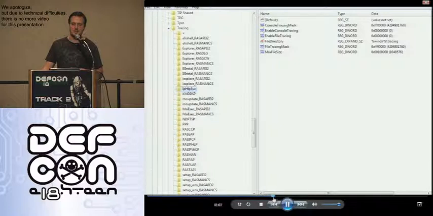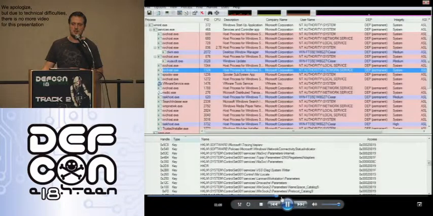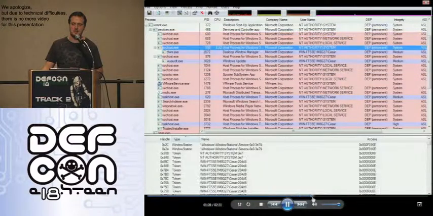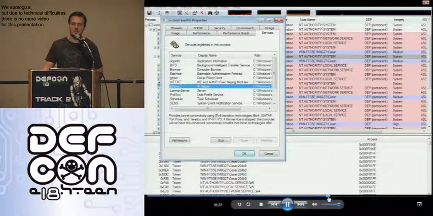So I went to Process Explorer trying to see if there was the same name as the IP helper. So I looked for the IP helper and I found it. You can see there the IP helper service is hosted in an SBC host process, and the process runs under the system account. So this is the best candidate for exploitation.